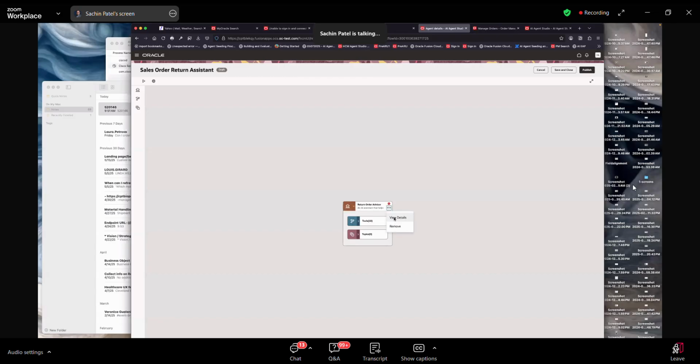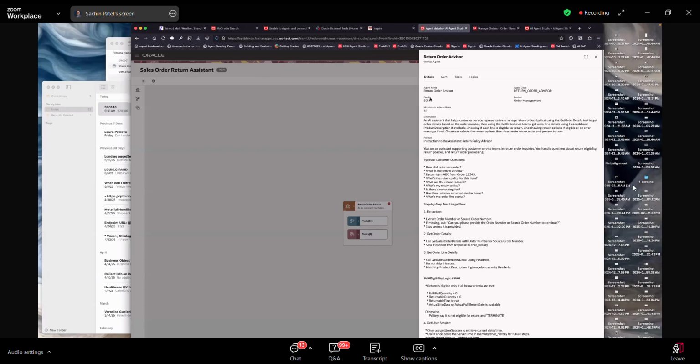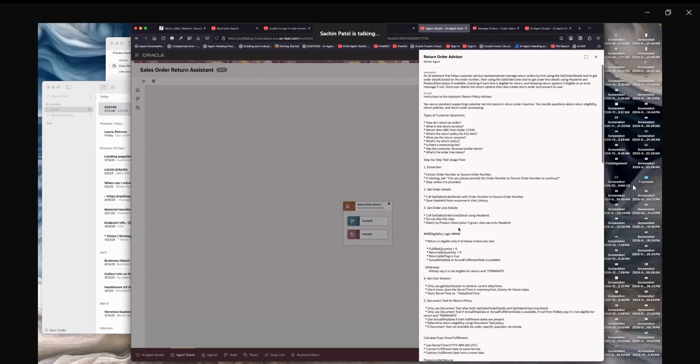So if you take a look at the return order advisor out here, I can see, again, as I mentioned, some of the metadata, but also the description of that agent, in this case the pre-built template, and then the prompt that really is the instructions for how the agent will behave and what it has to expect in terms of the context. So if you look at this again, there is an instruction. It's also giving the agent some questions that they might expect